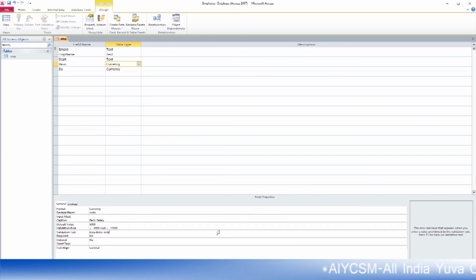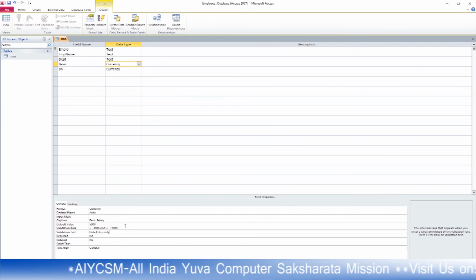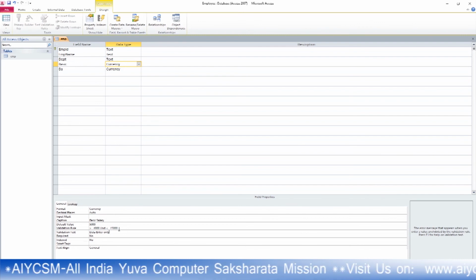This is a validation rule. You write a validation rule so that the value you enter in this basic field is always between 4000 and 15,000. It is never less than 4000 and never greater than 15,000.